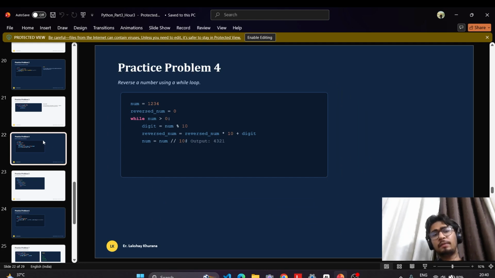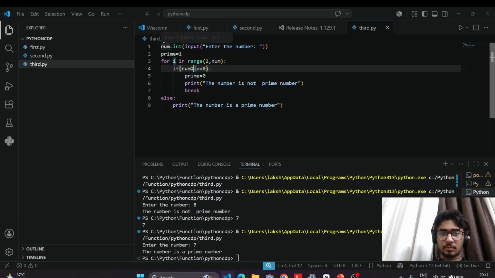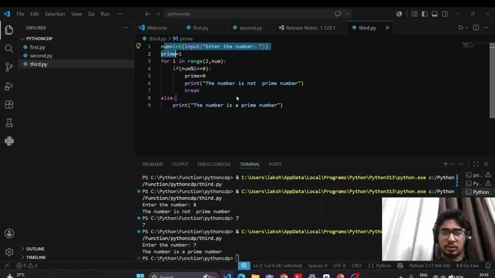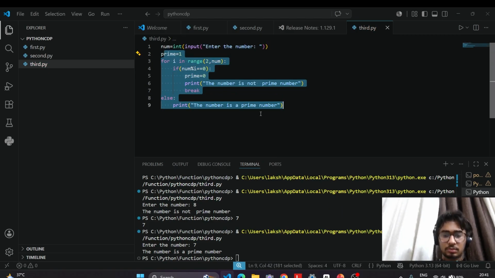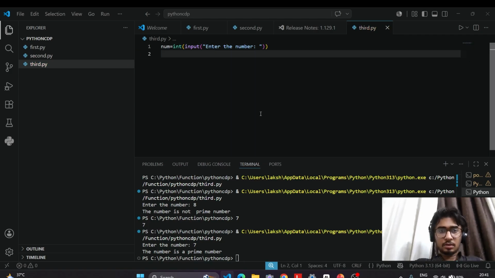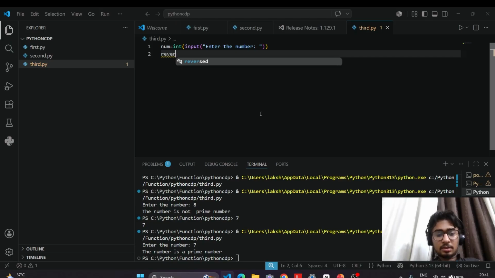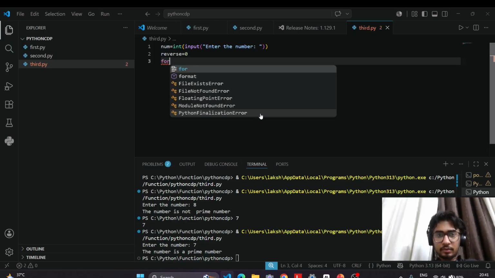Suppose we want to reverse a number. Okay. The number we will input here. So we will write its code like this. Reverse. First we will take one variable for